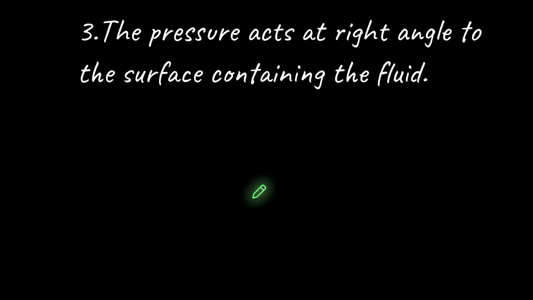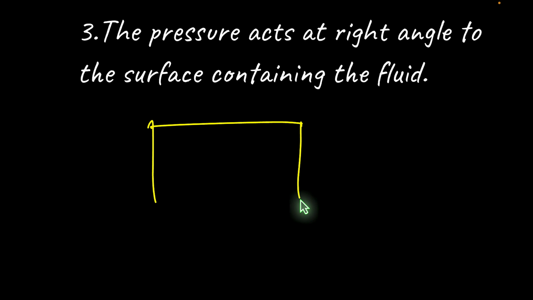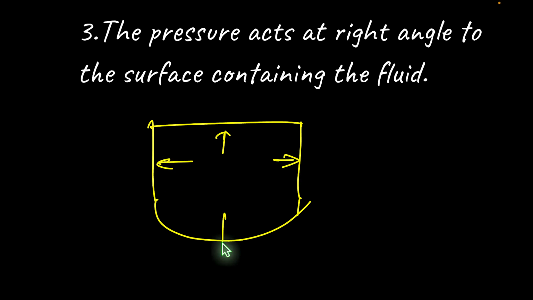So this one is sort of intuitive, where the pressure acts at right angle to the surface. So regardless of what our shape is, let's say we have this here, the pressure will be acting normal to each of these surface types, and it will tend to try and do that even for curved surfaces, irregular shaped surfaces. So that's the third factor, and on to the final factor before we look at a few